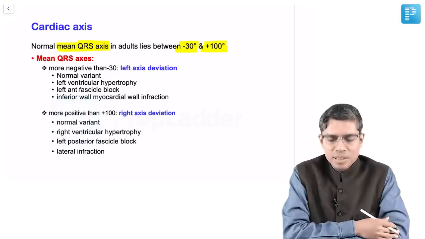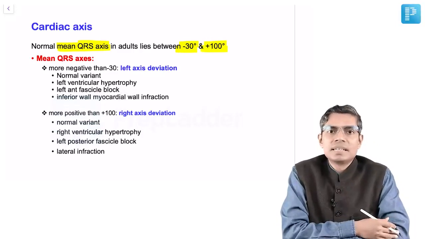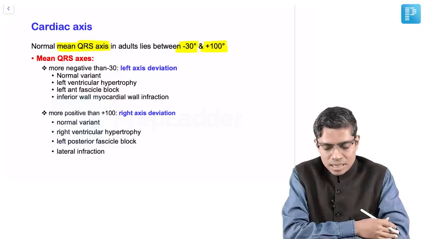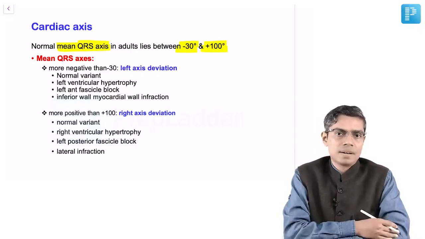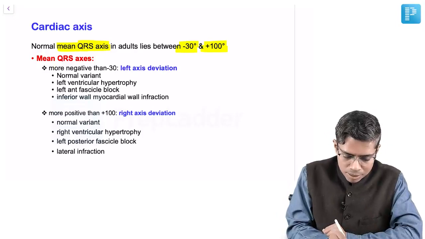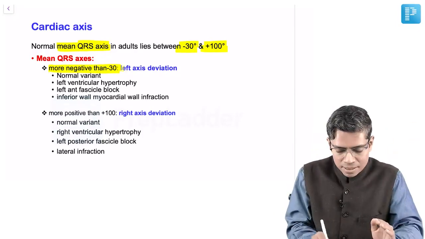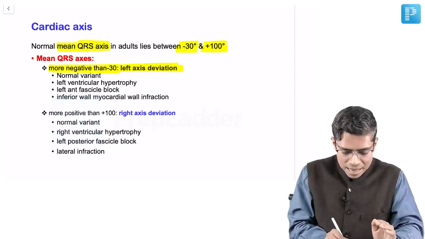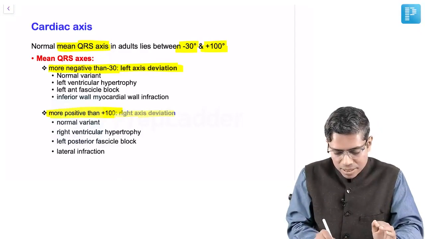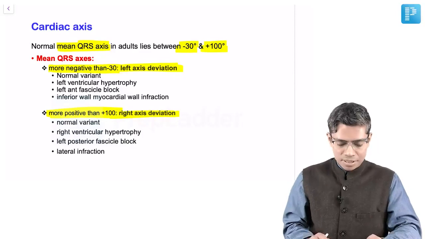Some of the books, for example Ganong, say up to plus 110 is also normal, but this is taken from Harrison, minus 30 to plus 100. Now if it is more negative than minus 30, that is left axis deviation, and if it is more positive than plus 100, then that is right axis deviation. And the